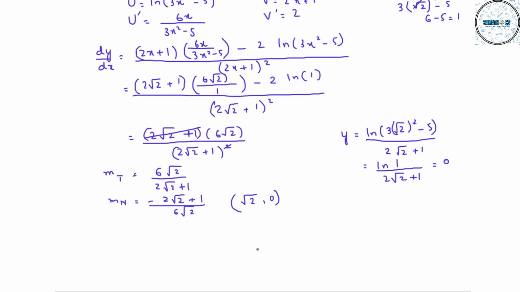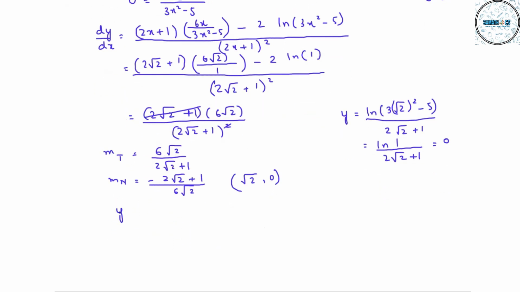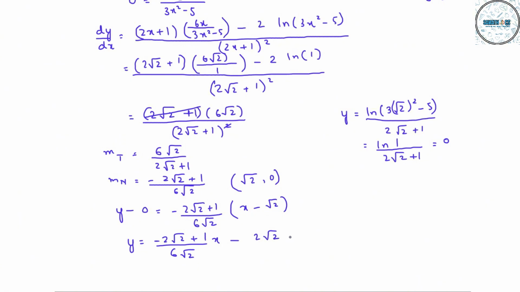Now we'll form the equation: y − 0 = −(2√2 + 1)/(6√2) into (x − √2). y = −(2√2 + 1)/(6√2) x, plus (2√2 + 1)